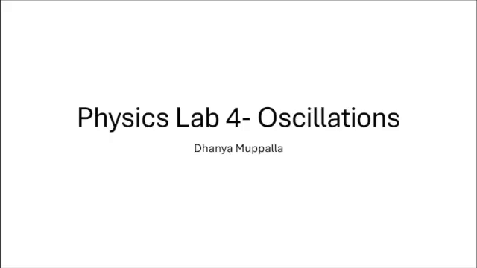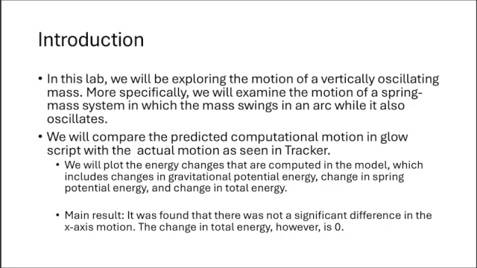Today I will be discussing Physics Lab 4, Oscillations. In this lab we will be exploring the motion of a vertically oscillating mass. More specifically, we will examine the motion of a spring mass system in which the mass swings in an arc while it also oscillates. We will then compare the predicted computational model in GlowScript with the actual model as seen